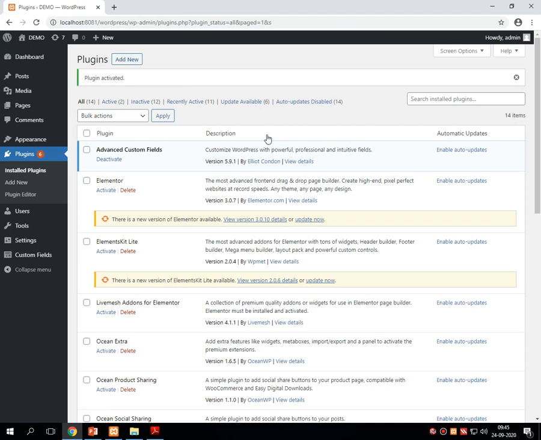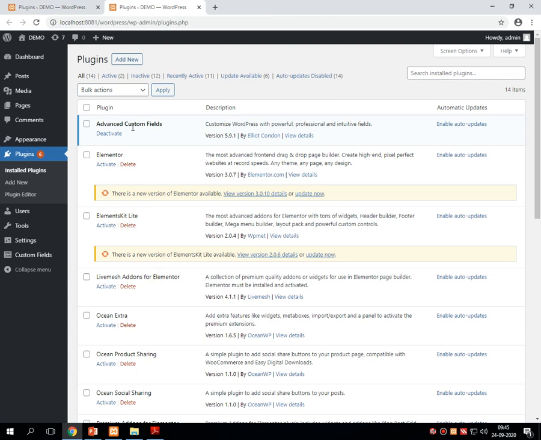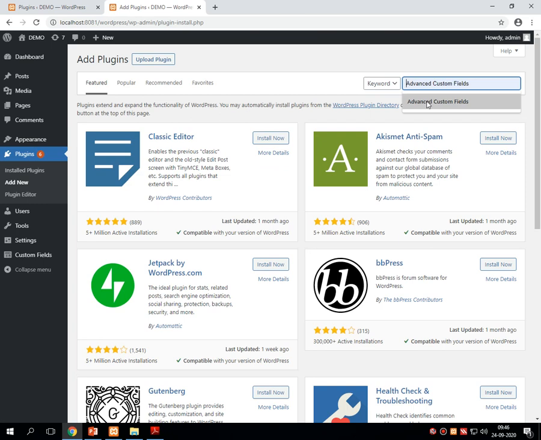Once this is activated and installed properly, we are just going back into the plugin to read the technical part of this plugin.